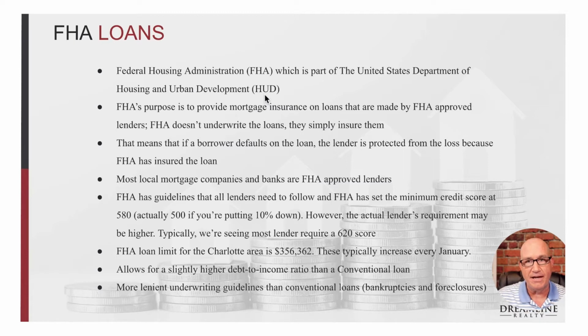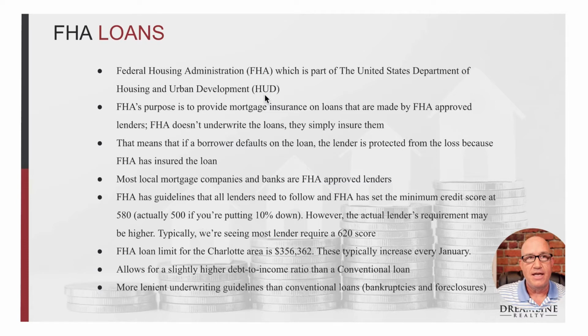So FHA does slap the hand of lenders that make bad mortgages. So if a lender makes a lot of bad mortgages that default, FHA can pull their approval status, and they don't want that to happen. So that is why they have their own minimum credit scores, and they have years and years of data to go back on and tell the defaults that have happened and what those minimum credit scores were for those people that defaulted. So that is the reason why they come up with their own credit score guidelines. So just want to be really clear on that.